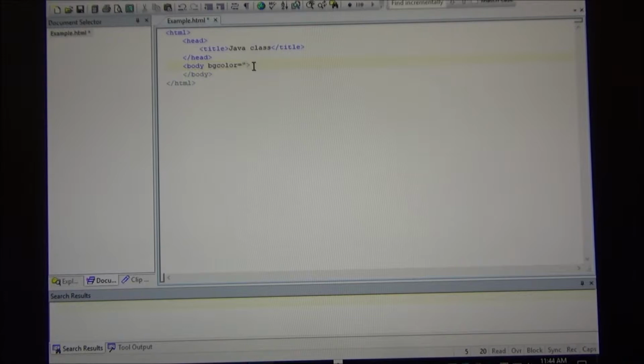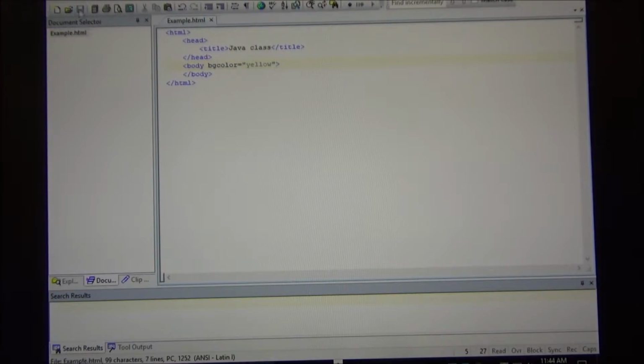One of them is BG color, which means background color. I can make it yellow, for instance. And if I refresh that, now the whole thing is yellow, right? I hope you don't choose that. So what I usually do,